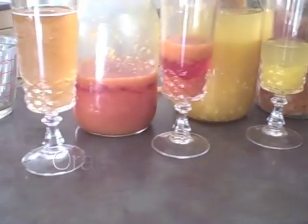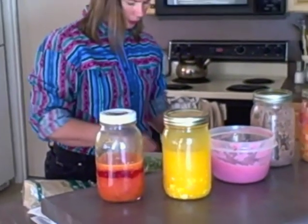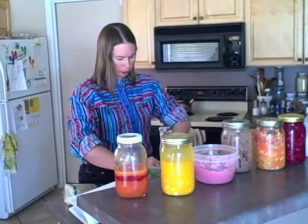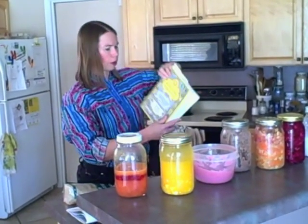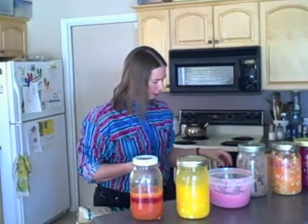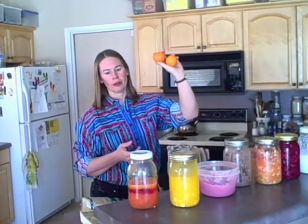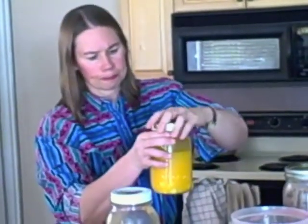And the next recipe is something called orange-ina, and I was inspired by this particular cookbook. It's called Nourishing Traditions by Sally Fallon. And she describes how you can juice 12 oranges, and I didn't have oranges. What I have is a tangerine tree in my yard, so I just juiced some tangerines. And this particular mixture,